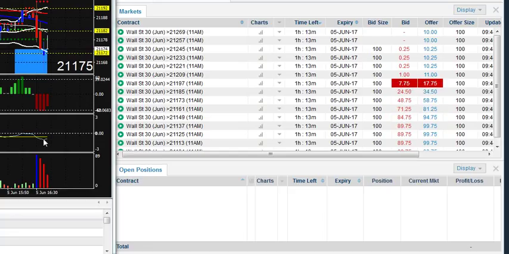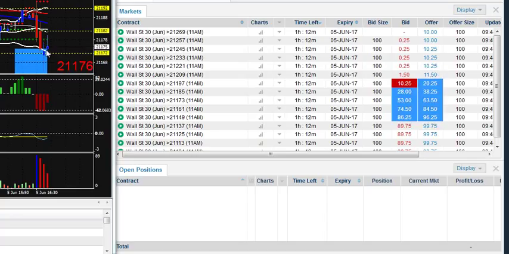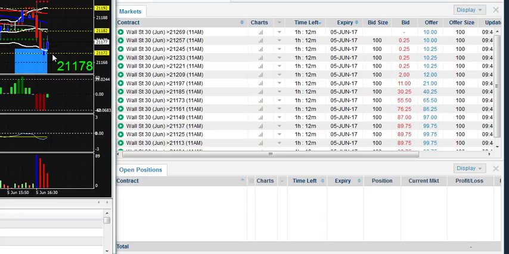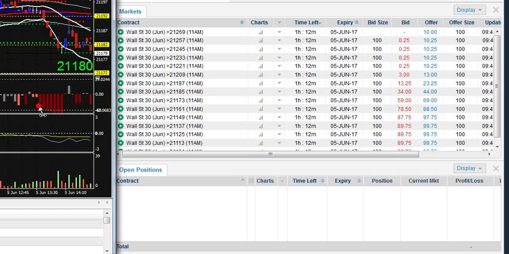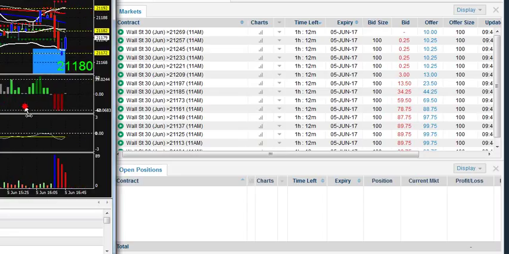Why I gave myself more time is because this is a counter trend trade. This is my zero line on my master line. This is my mean, and we're below the mean, and that's telling me that this market is moving aggressively down. Now, my trade is that somewhere inside of the next hour and 15 minutes, I'm going to find my way to that little bit of profit, that little $10 of profit per contract. That was my bet.